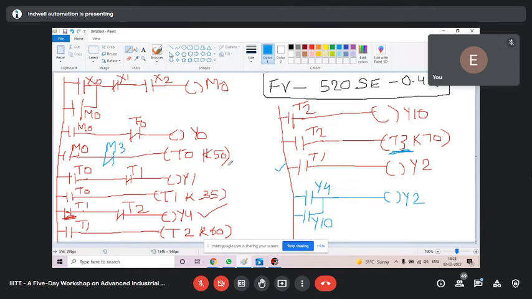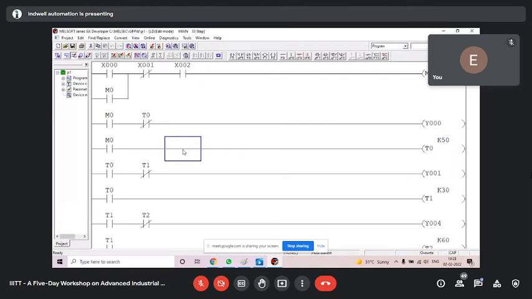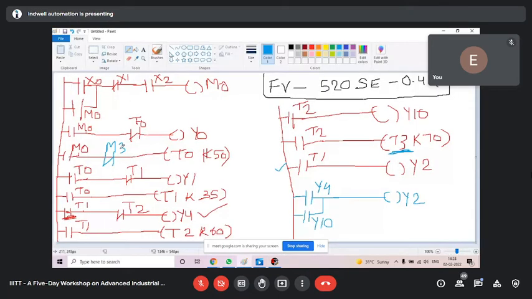You can note down this thing in your program. Remove your M3 break from latch, and you put that in the first timer ladder. So M3 will break first timer. Okay. Sir, is it M3 or T3 break? Sorry, T3. Yes, I'm very sorry. It is T3. I also made a mistake. It is T3. I'm sorry.